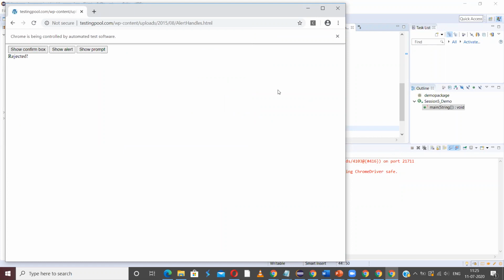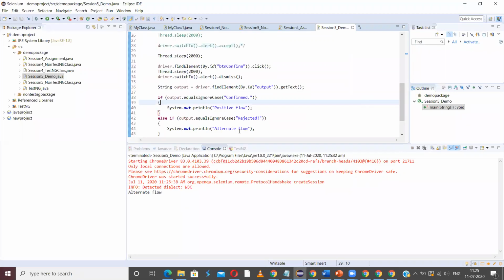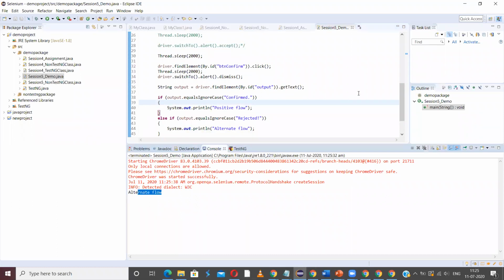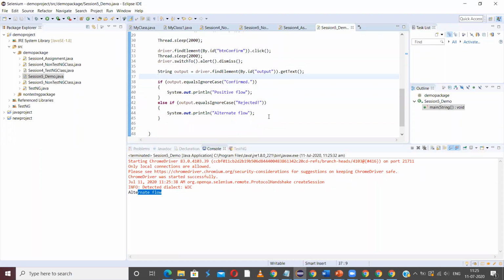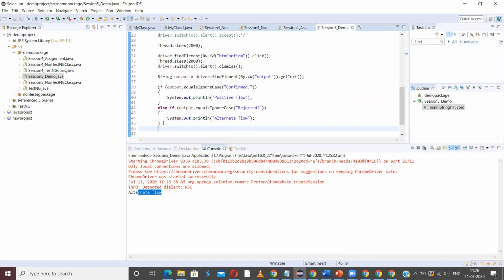Okay, it returned rejected, and this rejected is equal to output, so alternate flow is printed. This is how in real-time programming there will be some instances where we have to use logic like this.